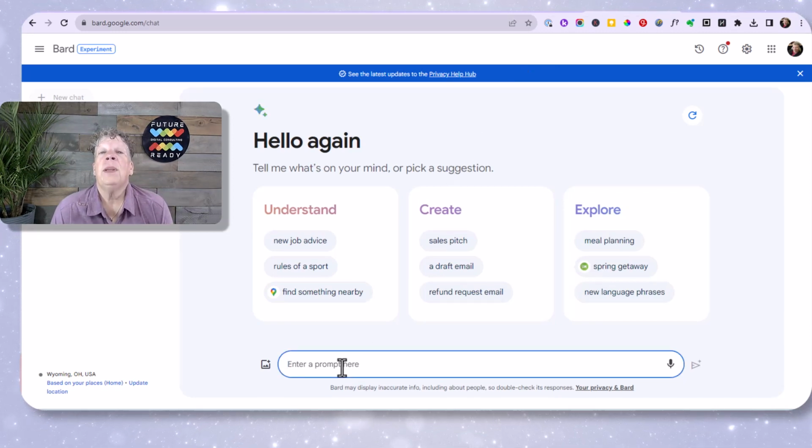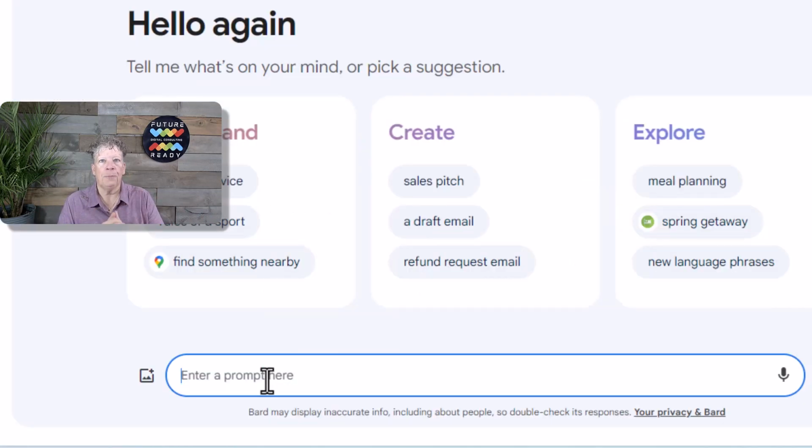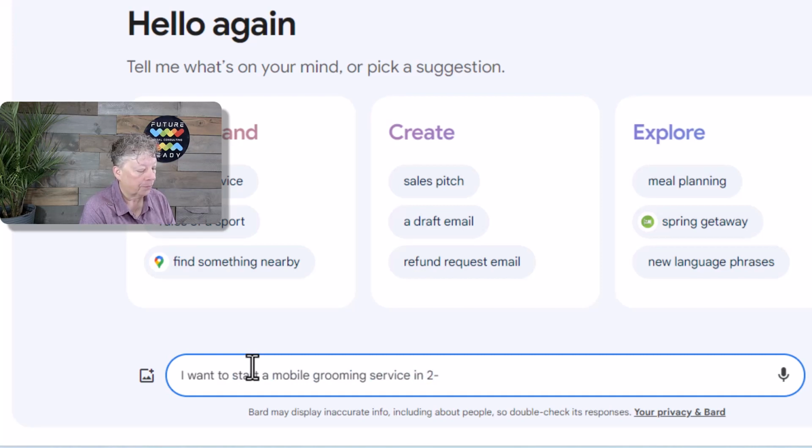All right, I'm going to make up a business I'd like to start in 2024 and walk through this with you. So Bard needs a little information to get started. It needs your great idea for the business that you want to start. So let's start with our business idea. I want to start a mobile grooming service in 2024